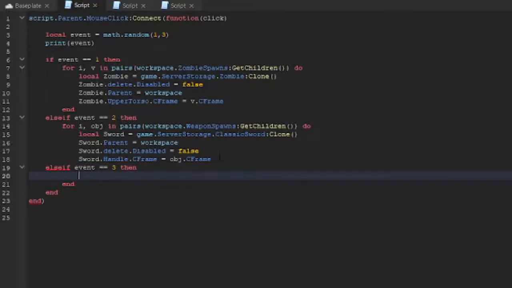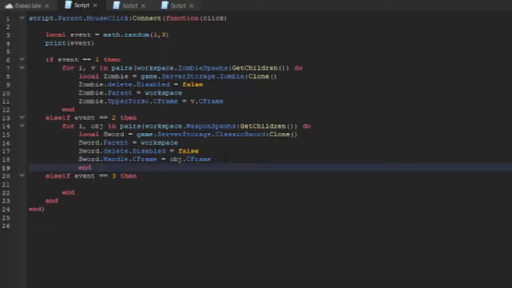Okay, I messed something up. Oh yeah, okay. So then here, make sure that you have the end that you need right here, and then you can go ahead and delete the extra end down here. Alright, so else if event equals 3. Then what we're going to do is local